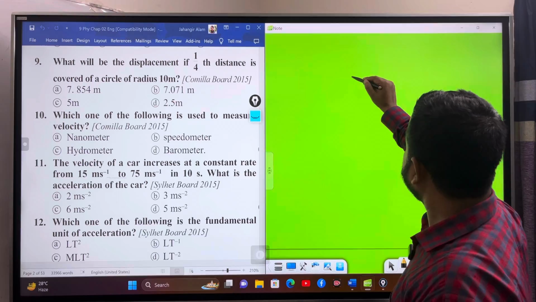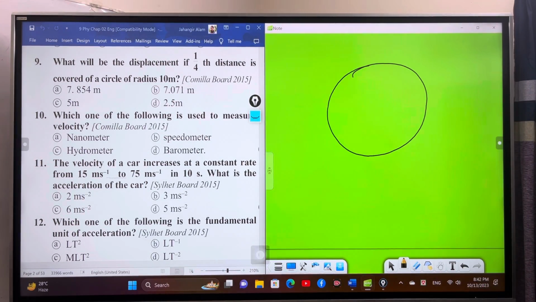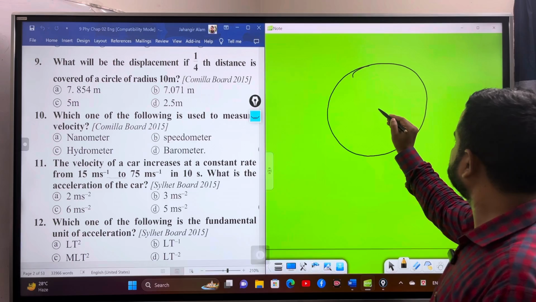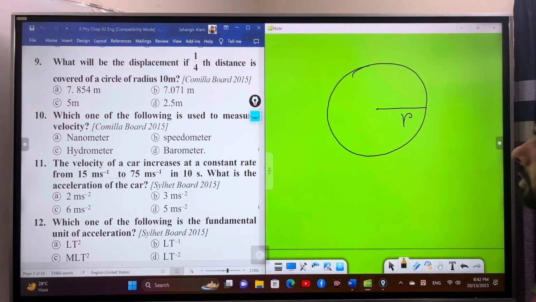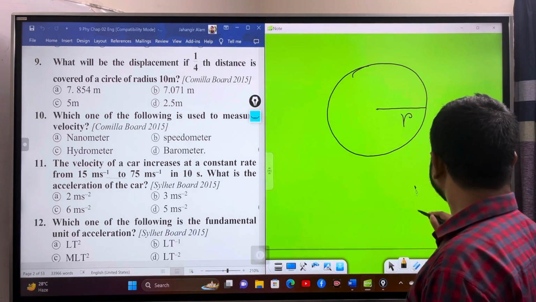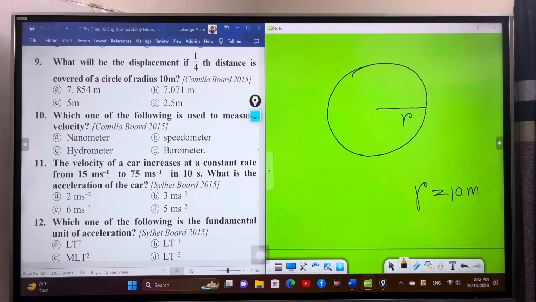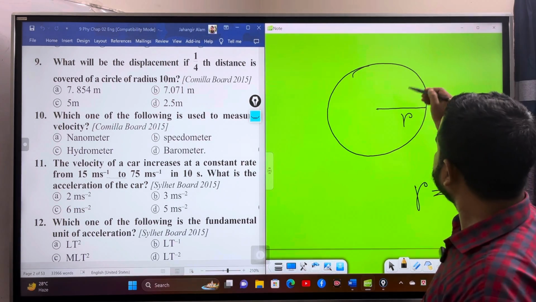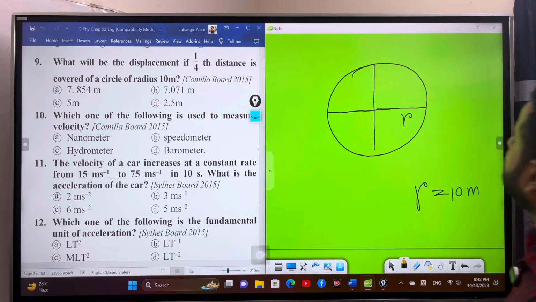So radius r is equal to 10 meter. If we divide the circle into 1/4,